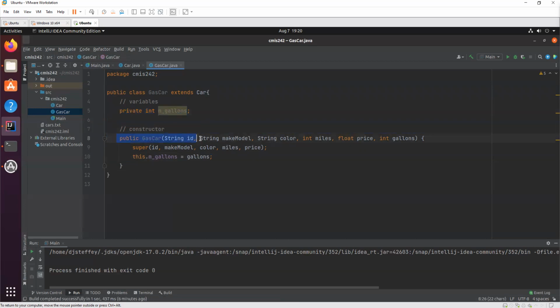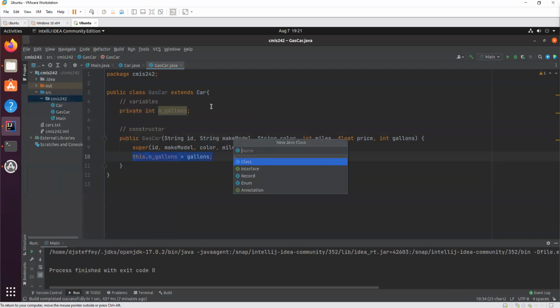This is our gas car constructor. It takes all those parameters. It calls the car constructor like this, and then, its own new variable of gallons, it saves the incoming parameter. So that's a gas car.